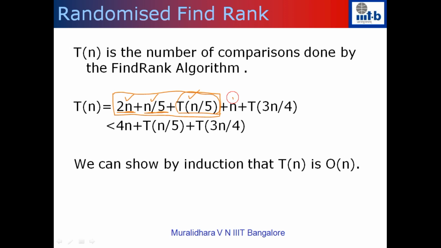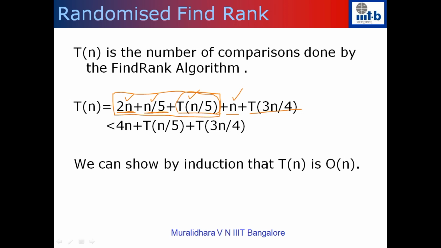After that what we do is that we partition. Since we have a good pivot, whatever pivot the good pivot function returns has a nice property that the rank of this pivot will be between n by 4 and 3n by 4. So when I do the partition, irrespective of which side I go in the next iteration, I am guaranteed to discard n by 4 numbers. So I will be left with at most 3n by 4 numbers after I do the partition. So this n is for doing the partition, and after that I go left or right. Since I picked a good pivot, I will be left with at most 3n by 4 numbers. So I have the complexity as T of 3n by 4.